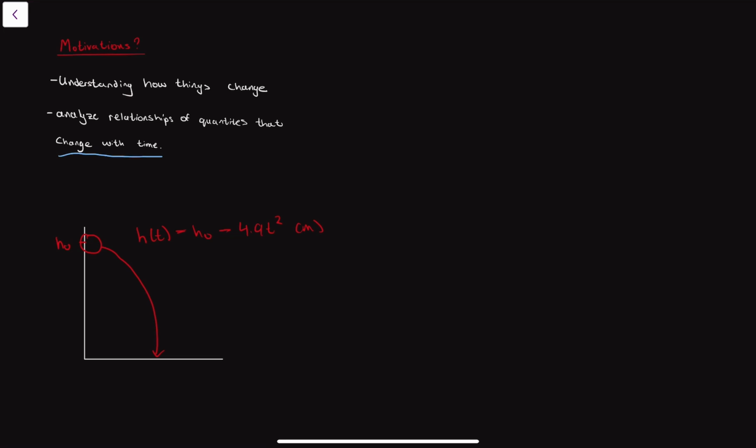But this is where calculus comes in. Calculus provides us the tools for describing motion quantitatively. It introduces two new operations called differentiation and integration. So let's write that down. Differentiation and integration. So we have this function describing the height of the rock over time, but we want to find out how fast it is falling, the velocity. What we would do is we take the derivative of this function,